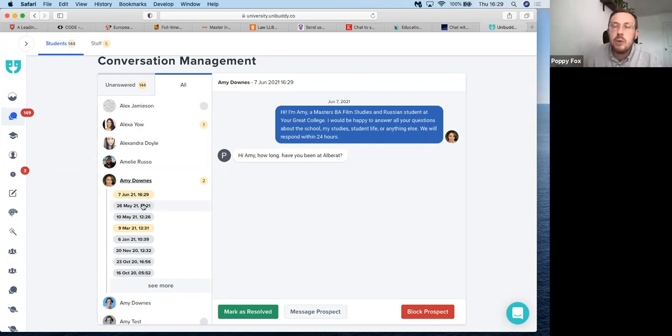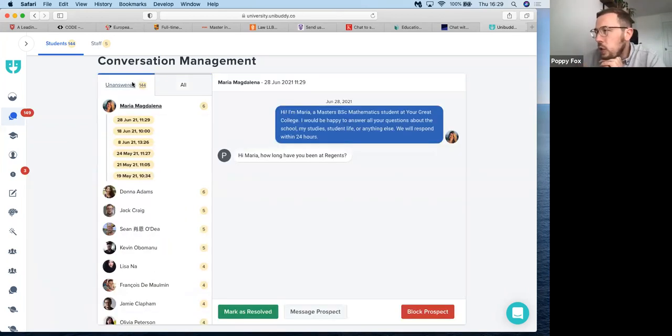Especially when you're launching a new ambassador program or you're recruiting new ambassadors, many universities just want to know that their ambassadors are being accurate and professional in the way that they're representing the school. And it's up to you how much you're checking this, but you do have the option to dig into those conversations and make sure that the high standards you expect are being met by your ambassadors.